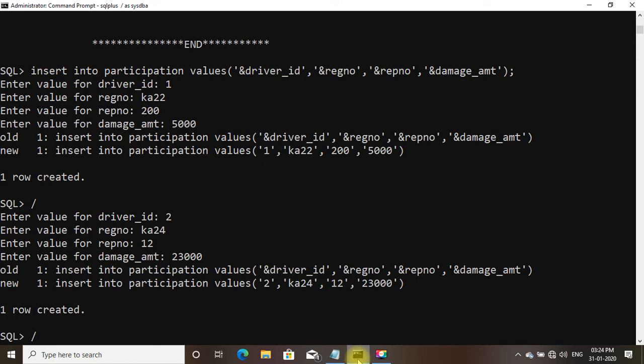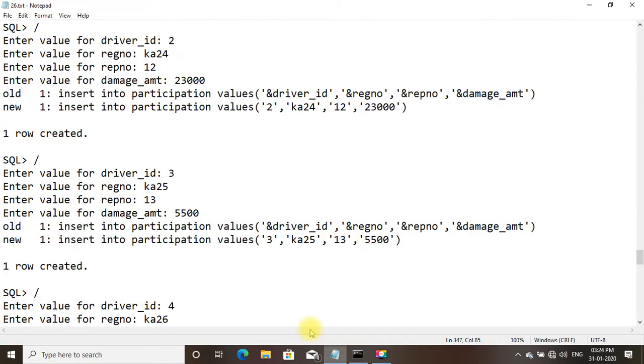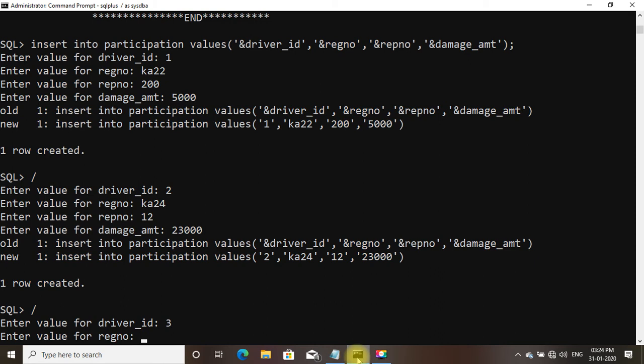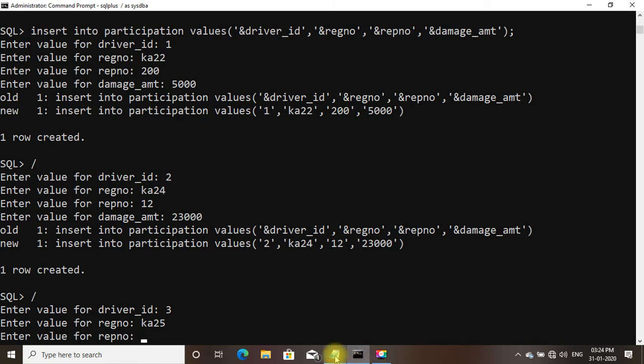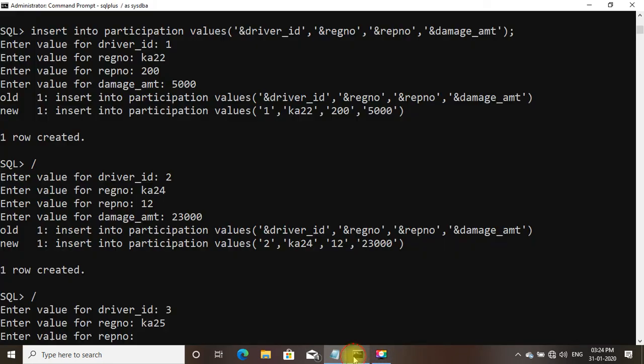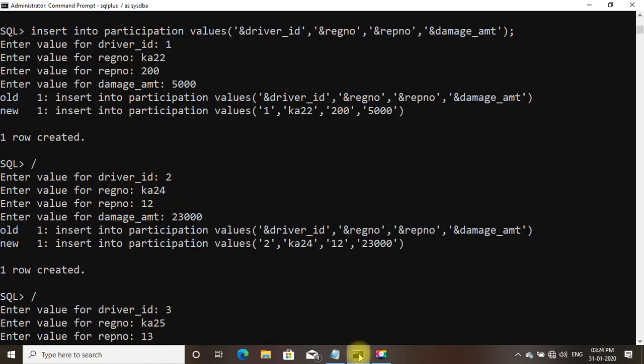One more row and we need to insert into the value after 2. 3, KA25. Report is 13.